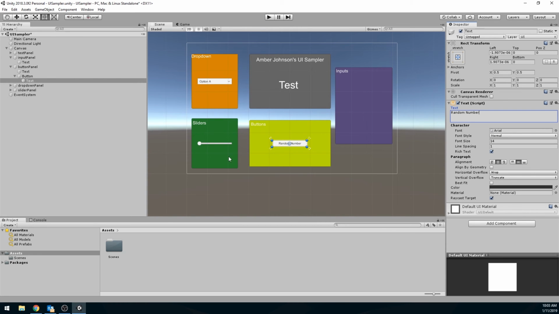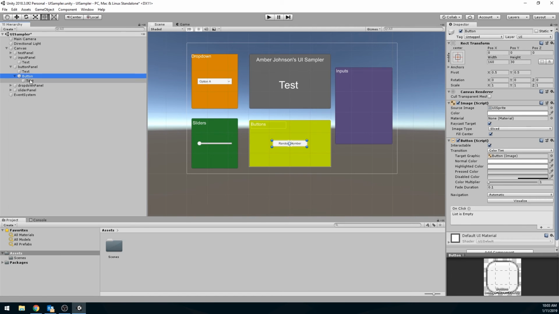And this works just like the text that we did over here, so we could change the font size, we could change the color, we could change the alignment, we could do whatever we need, just like the text object, because it is a text object. Up here is the button, and notice the text is a child of the button, so if we move the button object, the whole thing moves. So if you grab it and you're accidentally moving the name around, check your hierarchy, make sure you're on the button and not the text. So let's rename this button to random button. We'll just come over here, add random,